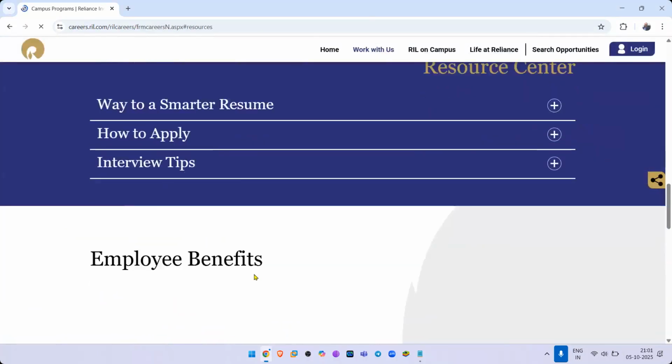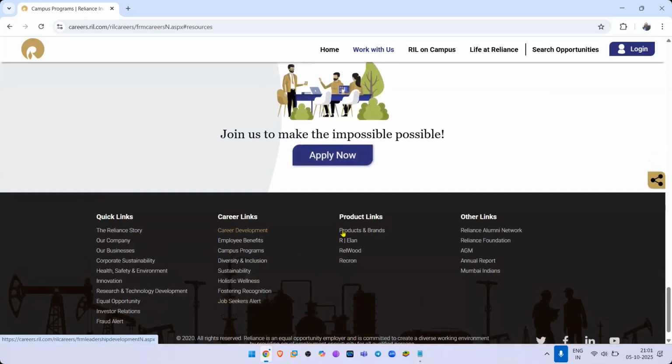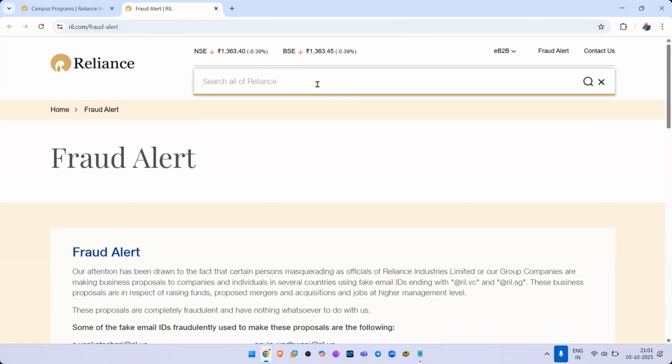I'm not really sure where to search here. Careers, sustainability, job seekers alert. So there's a fraud alert here. Okay, that's not a big thing. Let's just go ahead and search all of Reliance for IT admin job, and let's see if I can find something like that.